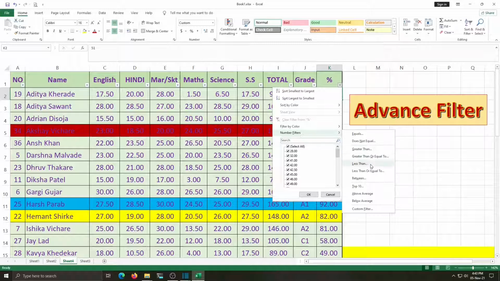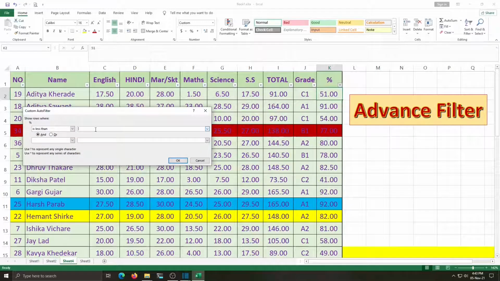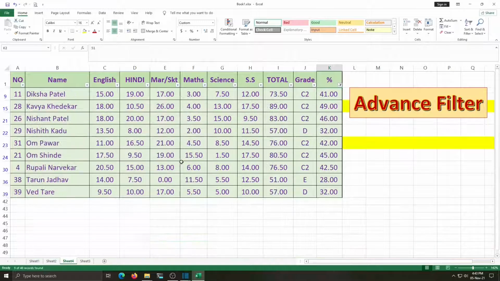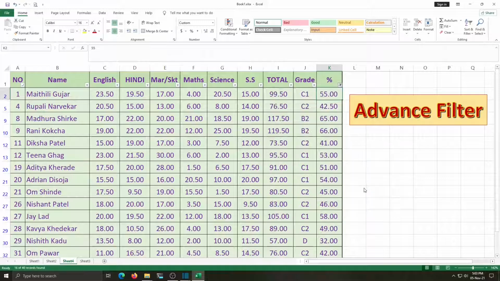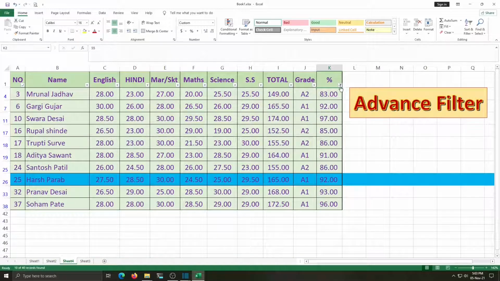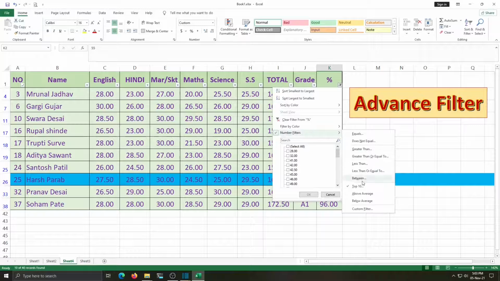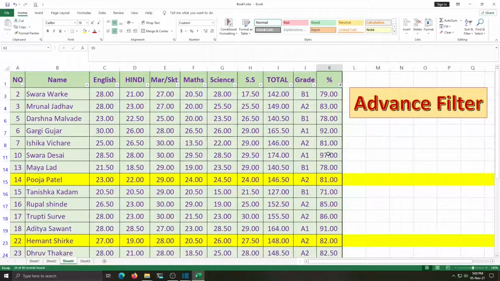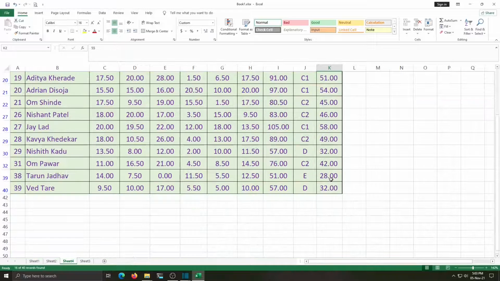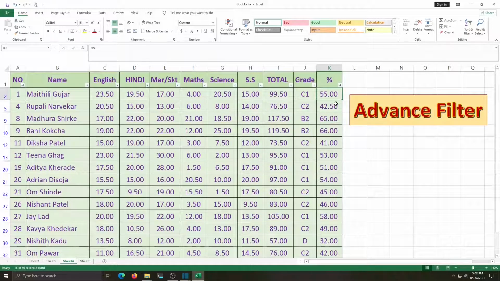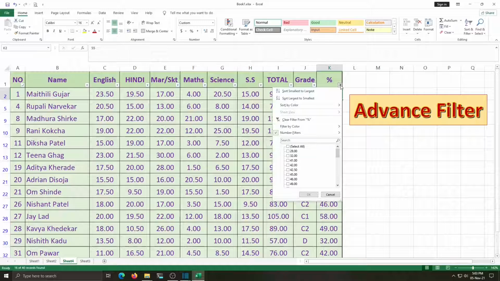So we will check here less than. I want to see 50, and here the result is displayed here. Student who got less than 50, that records are here. In number filters, top 10 means only top 10 records will display. Next, above average means marks more than 70 display in above average. We will check what will be the below average. Then less than 70 marks are displayed in the below average. This all about the number format.